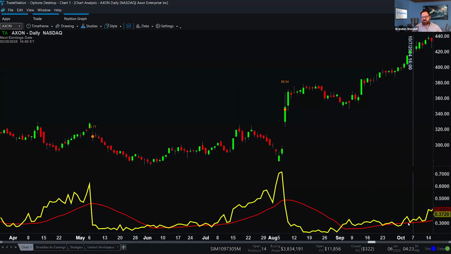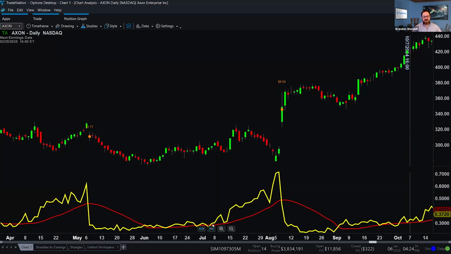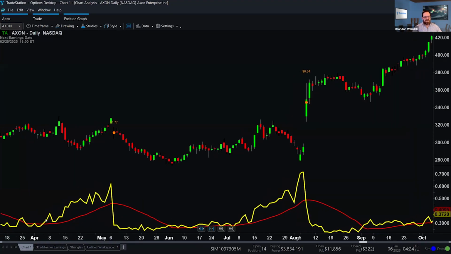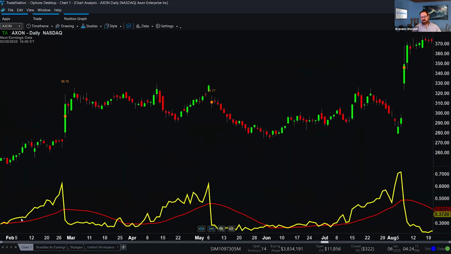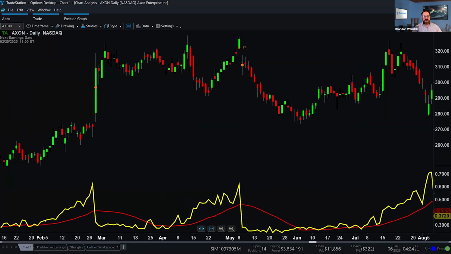we had volatility somewhere around 30%. And you can see it historically goes about a month before expiration around 30%. Month before expiration, right around 30, 40%. And just historically, that's what it does. It opens up about a month before the earnings event, about 30% or 40%, somewhere in there. But it spikes up to 70%.